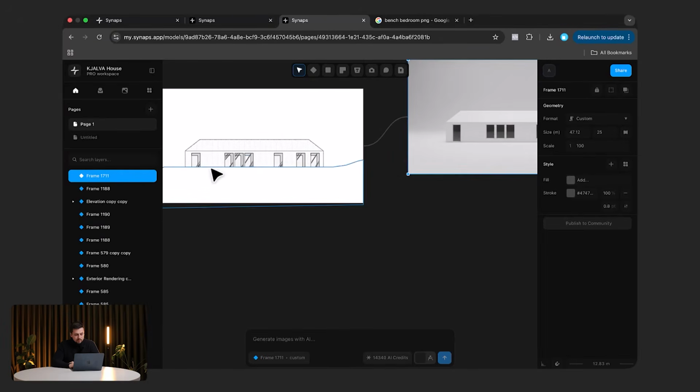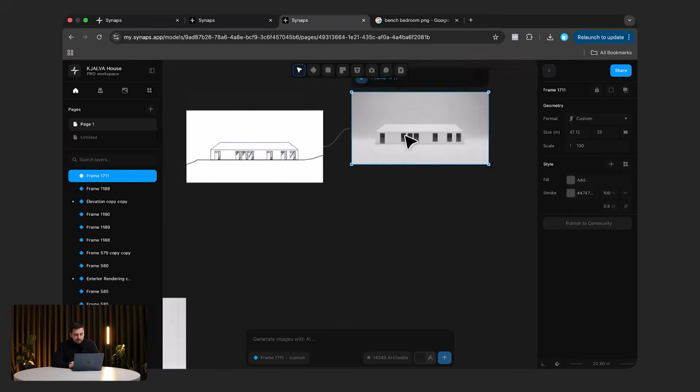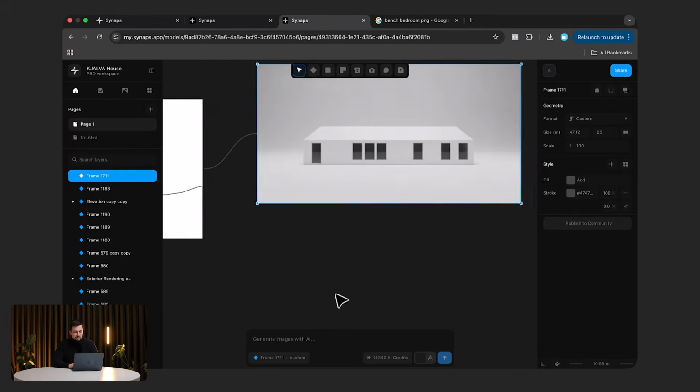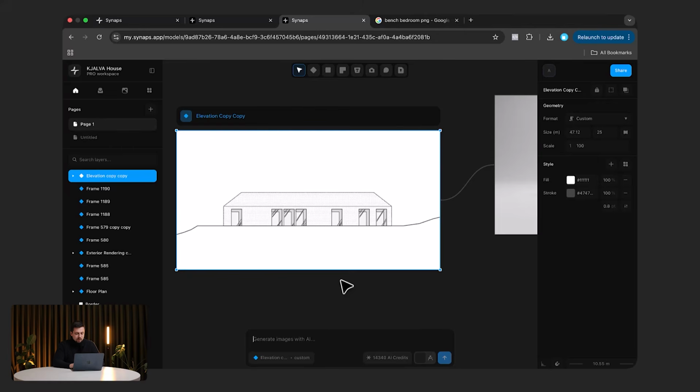Now what you can see is that it's gotten all the width correctly, but not the height of the windows. So what we'll do is I'll just re-render. I will say create a white model render of this, while keeping scale and structure 100% as it is. I'll click send. Okay, so